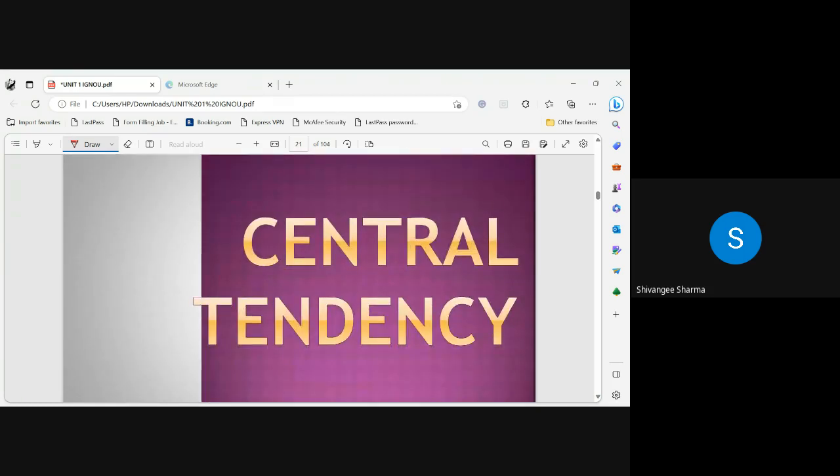Now, this was the pictographic representation of data. This pictographic representation can give you some highlights. But if you want to take a more intrinsic view of your data, then you analyze that data with the help of